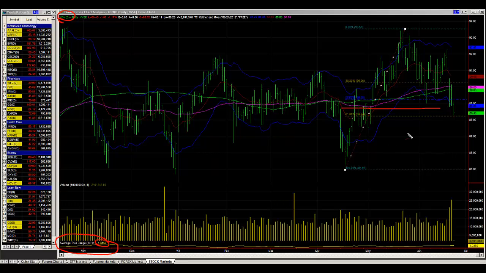Real quick, for example, you see in here that the average true range is $1.35 on ExxonMobil. What I like to do is use a percentage of that, and that tells me precisely where my stop goes, and the majority of the time it works. So I try to pinpoint that level of support or resistance in here. This is a great example. You can see we've got confluence with the 50, 62. We've pinpointed that support level right in here, and you can use a percentage of the ATR to tell you how far to place your stop just below that level, to stay out of the natural ebb and flow of the markets.